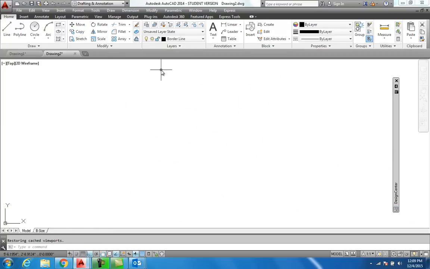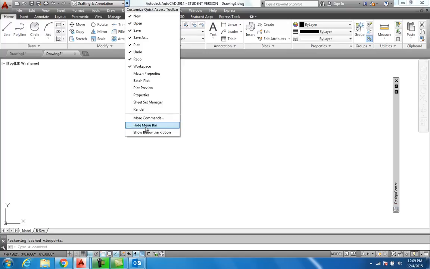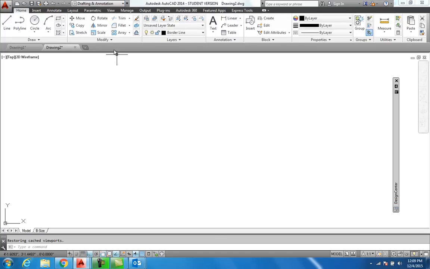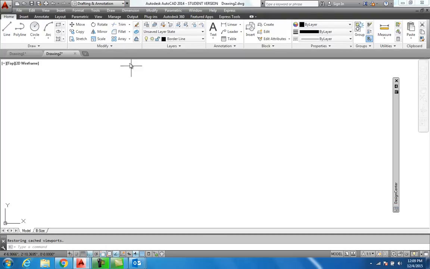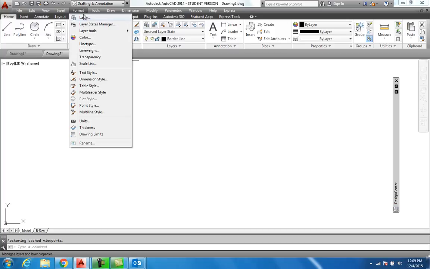So go up here to the top where you see Format. Now if you don't have this on yours, more than likely you need to come up here and click on this little fella right there, and where it says Hide Menu Bar. See how I hit it? If I go back up there and hit Show Menu Bar, it'll bring it up. And hit Format, slide down to Point Styles,